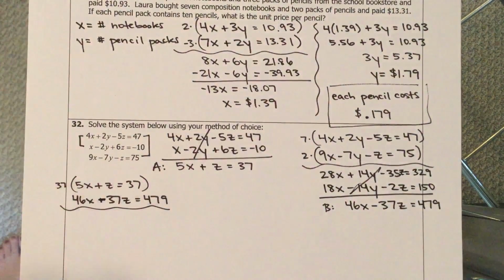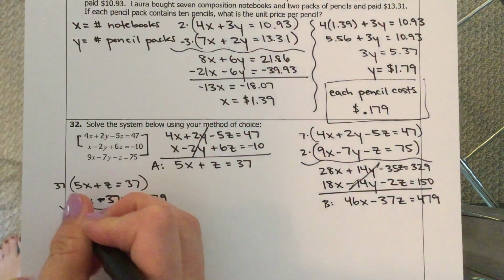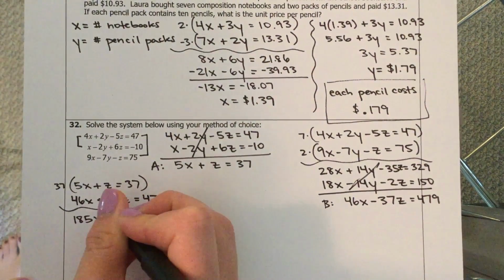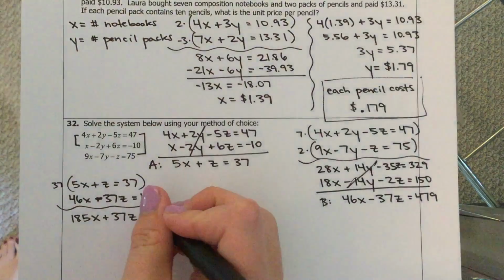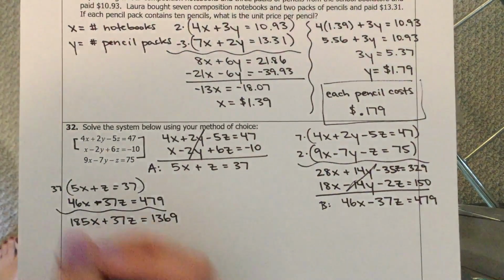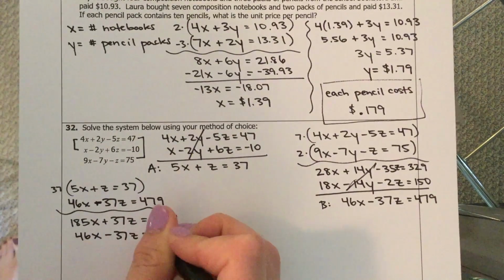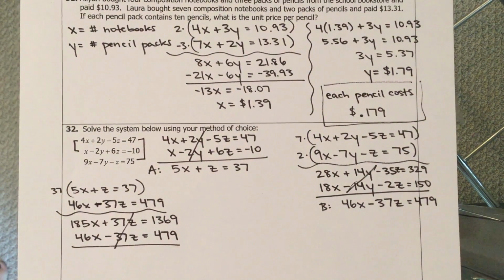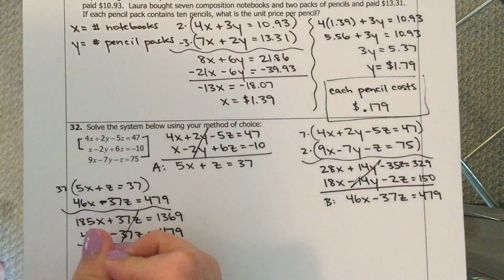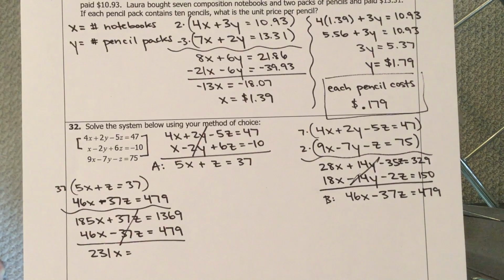So let's rewrite what we've got here. So 37 times 5 is 185x plus 37z equals, and then 37 times 37 is 1369. And then we're just lining this second one up right underneath. So remember, our values always get a little big here. That's what calculators are for. So these will eliminate. Let's add together the 185 and the 46. And that gets us 231 attached to the x. And then we can add those other two values together. And that gives us